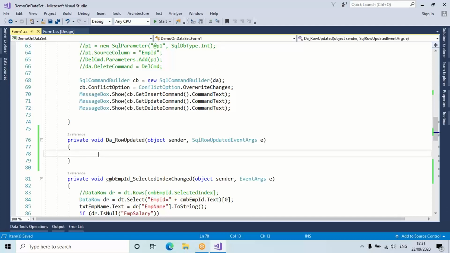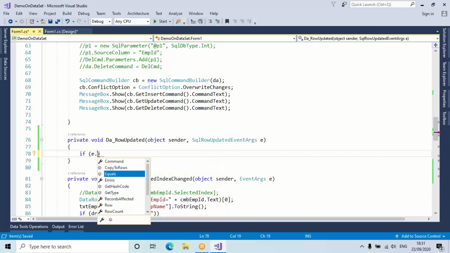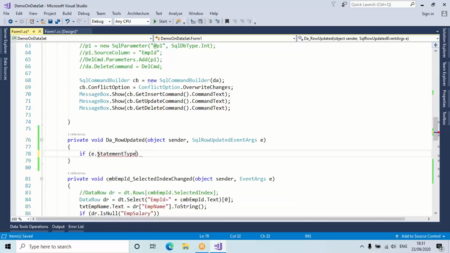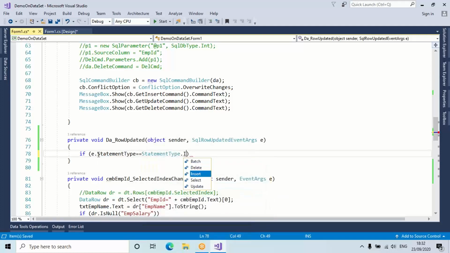That backend row will have one ID automatically generated. That ID I should get again into my data set. That's what we want. Interesting is you are doing insert operation. E dot E is SQL row updated event args object. Statement type is equal to statement type dot insert